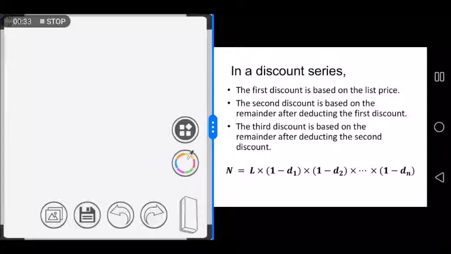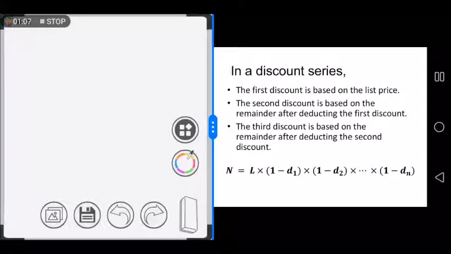So in a discount series, the first discount is based on the list price. Okay? Then the second discount is based on the remainder after deducting the first discount. And the third discount is based on the remainder after deducting the second discount. So this process described here makes use of the discount method. Okay, kumbaga, tuloy-tuloy yung ating